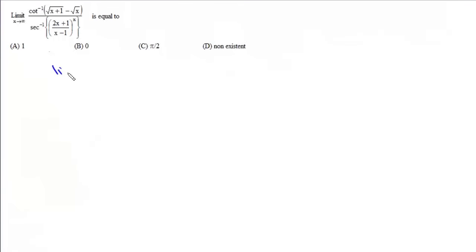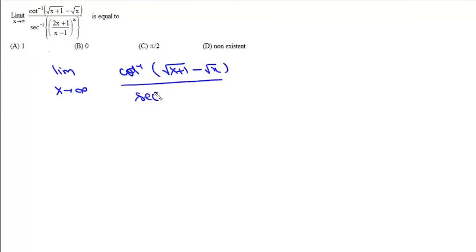Now here the question is, this limit x tends to infinite cot inverse under root of x plus 1 minus under root x, and it will be this secant inverse 2x plus 1 upon x minus 1 whole to the power x. Now we write this as limit